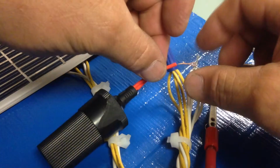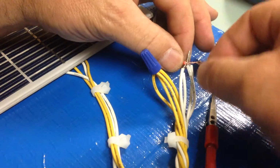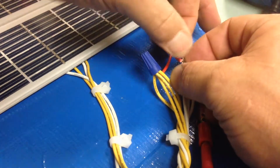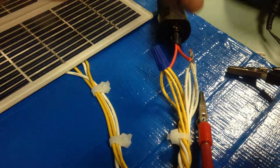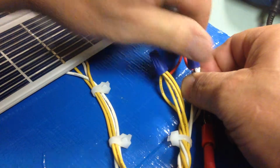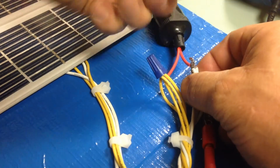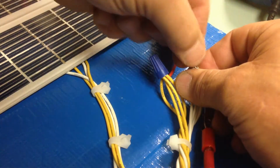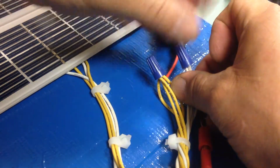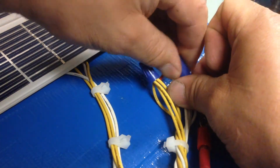So I disconnect the lead for the negative wire. Remember, it has that black stripe on it, and I wrap it around the white wires. Just give it a good twist. Take the wire nut, and then again, counterclockwise, get it nice and snug. No bare wire should be showing. So as I do that, I just want to make sure I get a good connection. And once I do that, we are ready to go to be able to put the